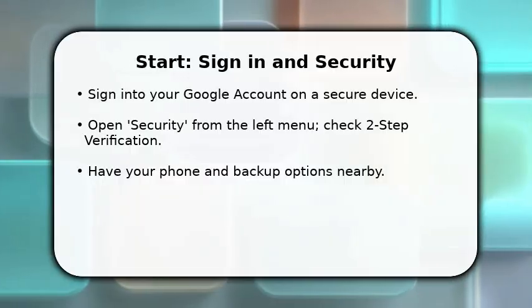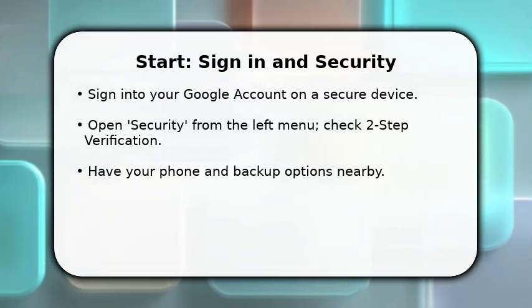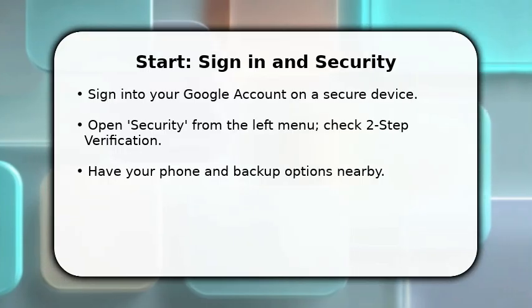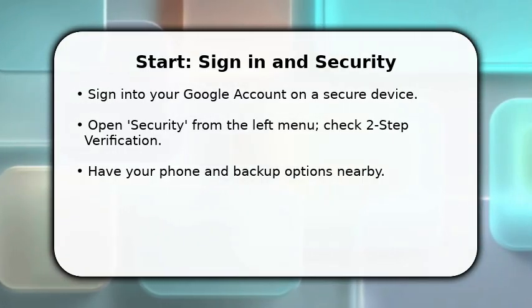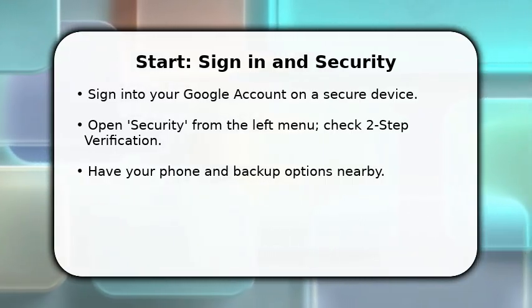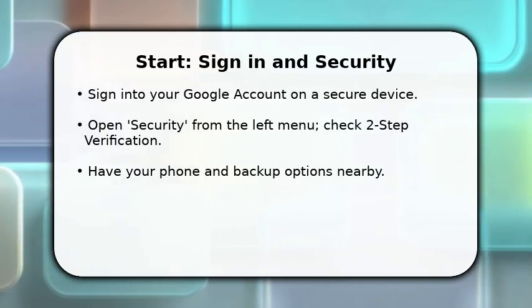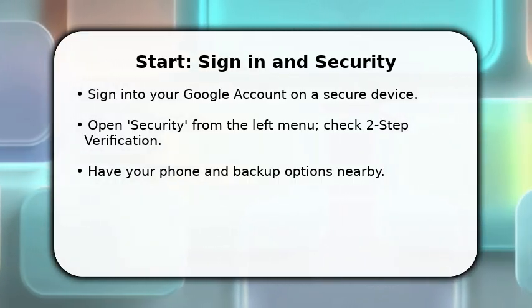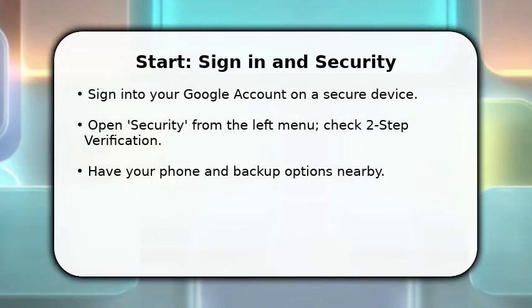You begin by signing into your Google account on a trusted device. Do this now. Once signed in, open the account menu and select Security to access two-step verification settings. Make sure your primary phone number is available and any backup methods like an authenticator app or backup codes are ready. This initial access is critical because Google will only show recovery options when it recognizes a secure session and